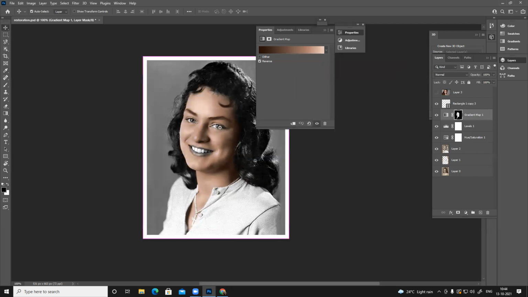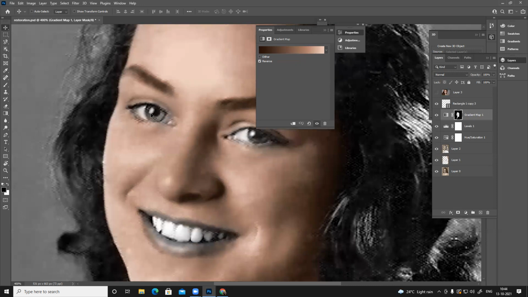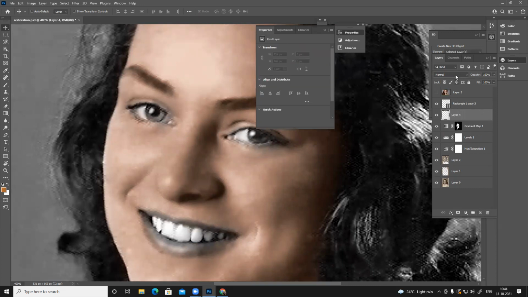Similarly, now I want to add color. This multiply thing works for color as well. Suppose I add a new layer and change it to multiply. Okay, let's paint it first. I'll show you this thing.